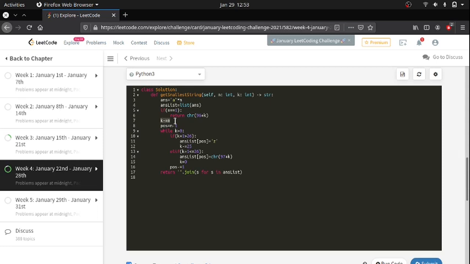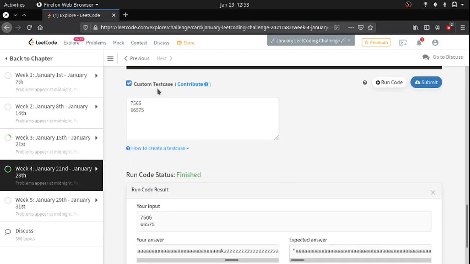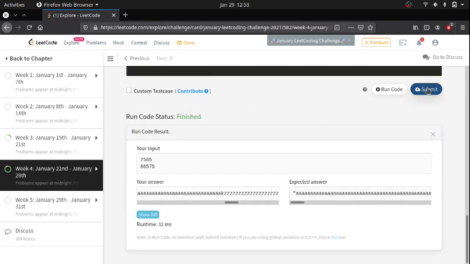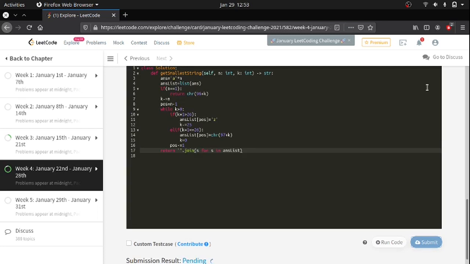After that, if k plus 1 is less than or equal to 26, I am going to directly append the character and put k equal to 0. That's where this loop breaks. So I am going to return the string joined from the list.